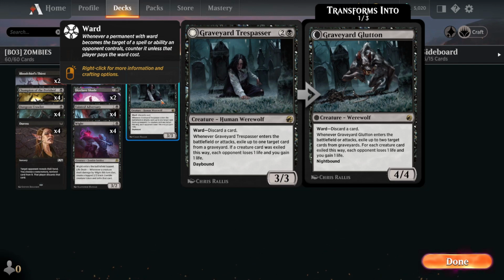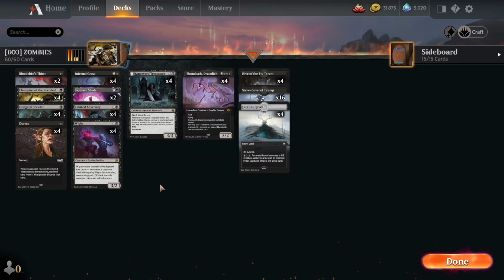And if it wasn't with a board wipe, then they had to discard a card. So this card's just a value train. It's a value house, and I definitely would run it in every black aggro deck. Really, really good. Other older cards we have,